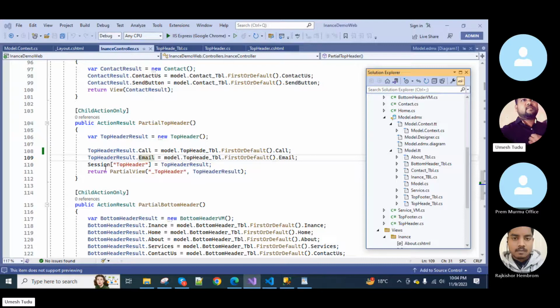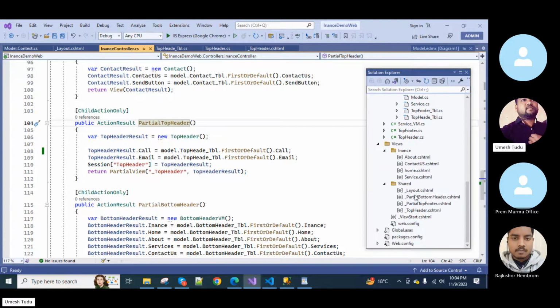So I write here session top header is equal to top header result. This top header result is the variable, and this is the model class name. And simply in this action method, I have added the views as the partial view. Once I have added the partial view, you can see the partial view here inside the views folder, and inside